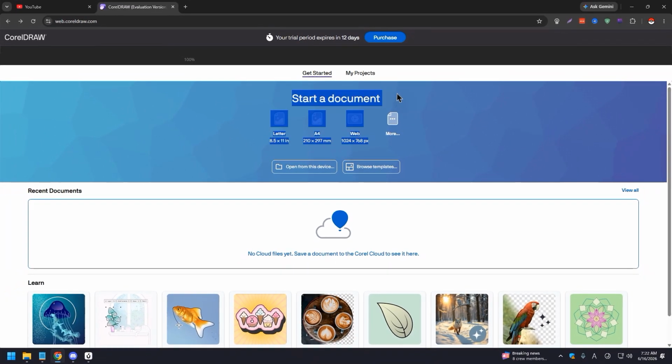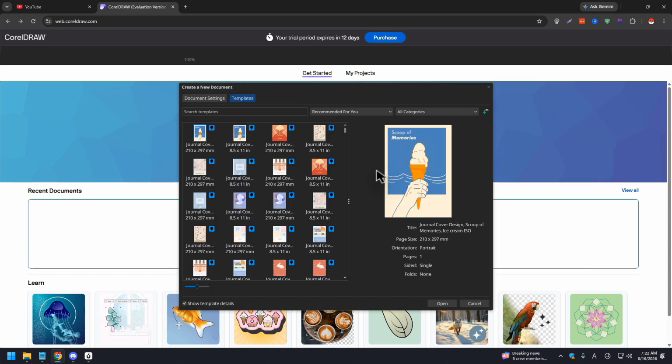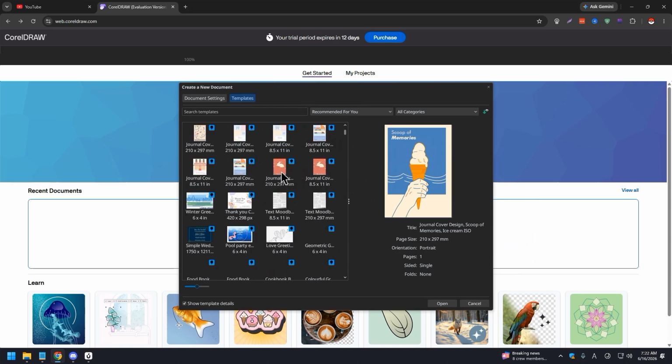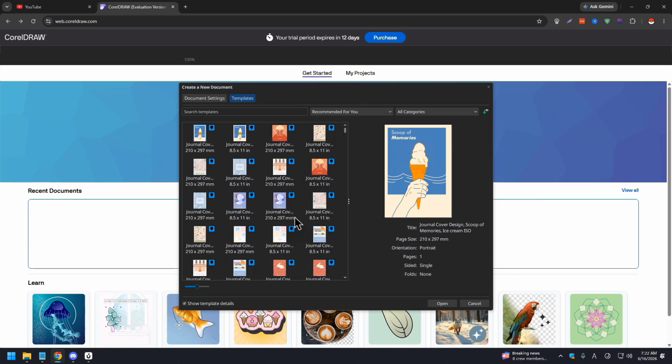Start a document, right? So here you have two options. You have open from this device or browse templates. We want to click on browse templates over here like so. It's going to give us this pop-up. So these are templates that are available that you can just use and edit yourself to match what you